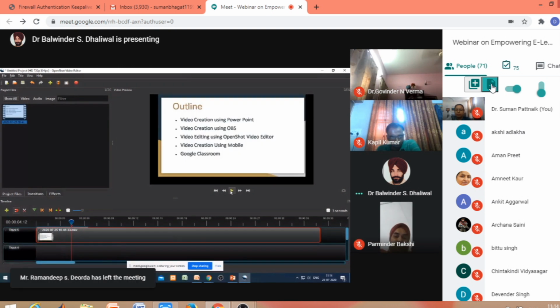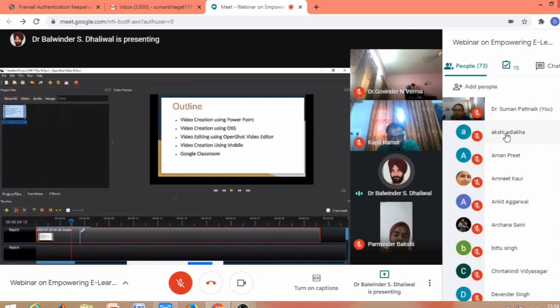For example, if we want to delete a certain portion of this video, we go to the razor tool. We press this tool and then we have this vertical line. From where we want to delete, we click this razor tool there. Now by clicking, we can see that our video has been divided into two parts. Now we have three parts. Say I want to delete this particular middle part.